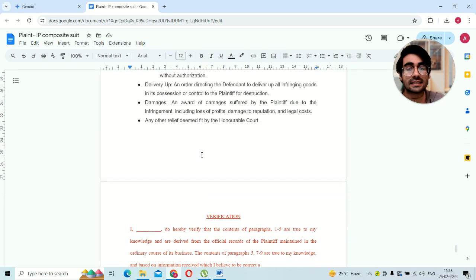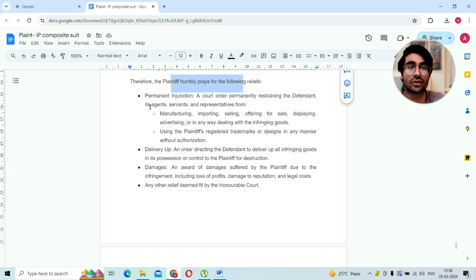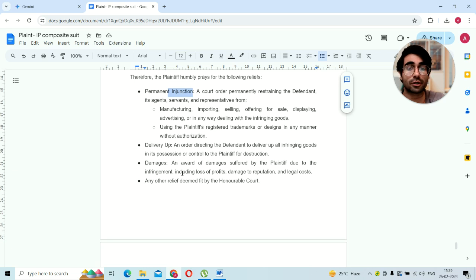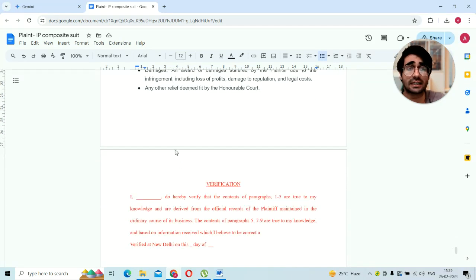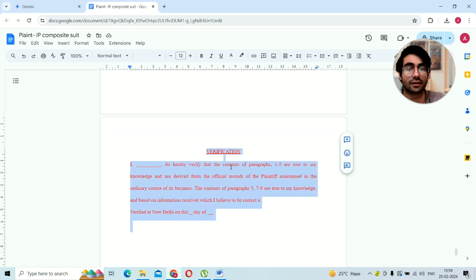I had specified that these are the specific reliefs that I seek out of here, and this is what has been provided to me by Bard, that I am seeking a permanent injunction with respect to the sale of the goods, delivery up of any of the infringing goods that the defendant possesses, damages, what exactly can I seek as far as monetary compensation is concerned, and any other relief that the honorable court may deem fit. And there is a verification clause at the end of every plaint,